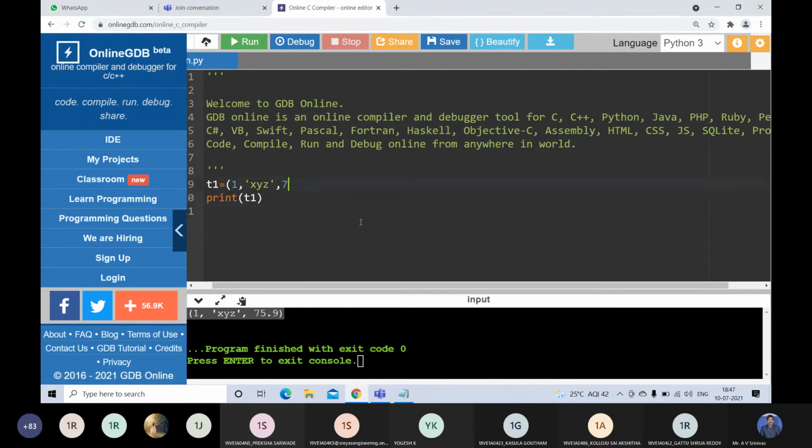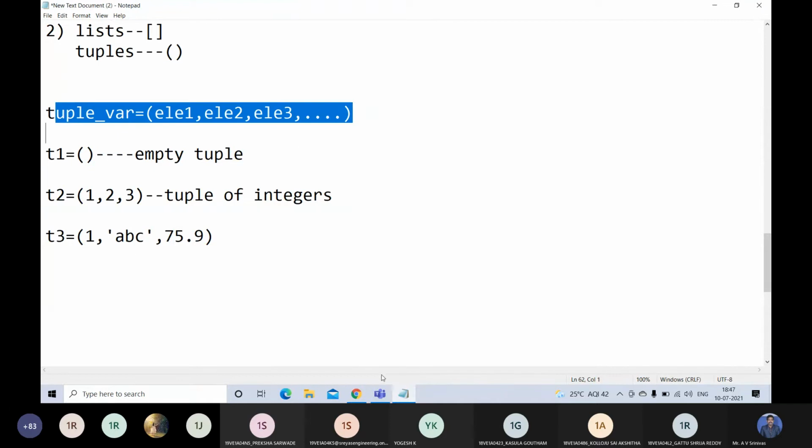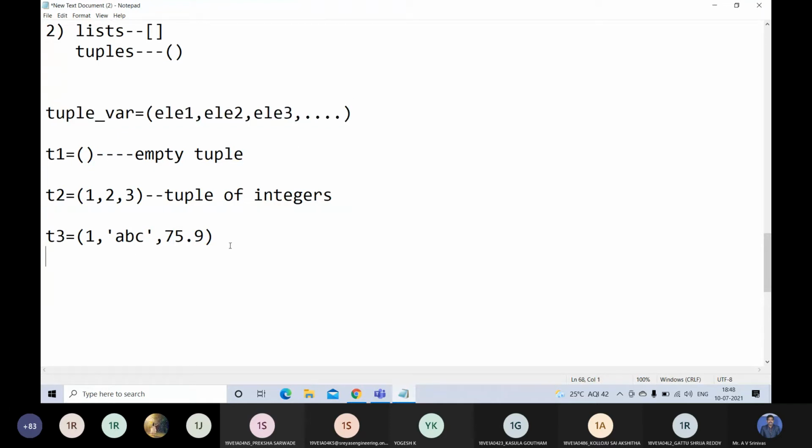And there is one more function that is tuple, and inside this you can pass the values. You can get the tuple like this. So tuples can be created in a number of ways. One is like this and the second one is by using the tuple method.